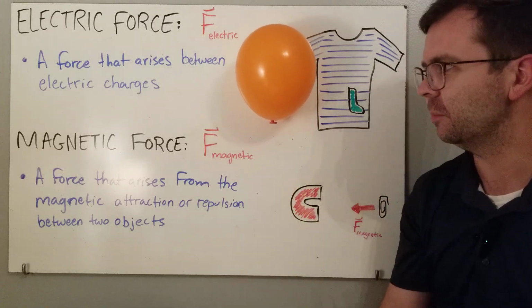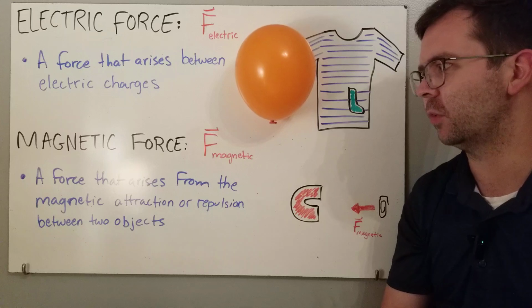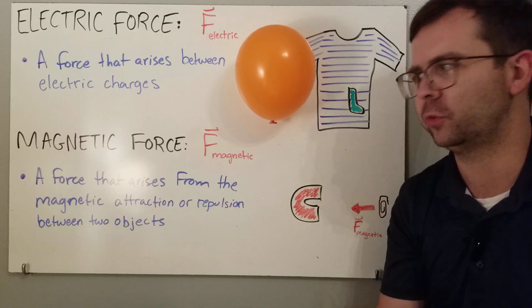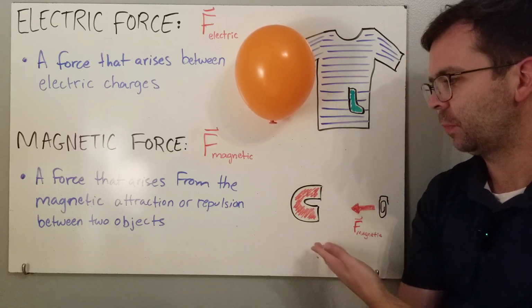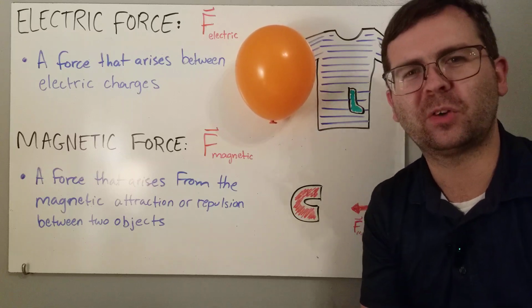It holds it together. And then a magnetic force, I'm sure you're familiar with this. It's a force that arises from the magnetic attraction or repulsion between two objects. So a magnet pulling on a paperclip is an example of that. So that's all I've got for you in this